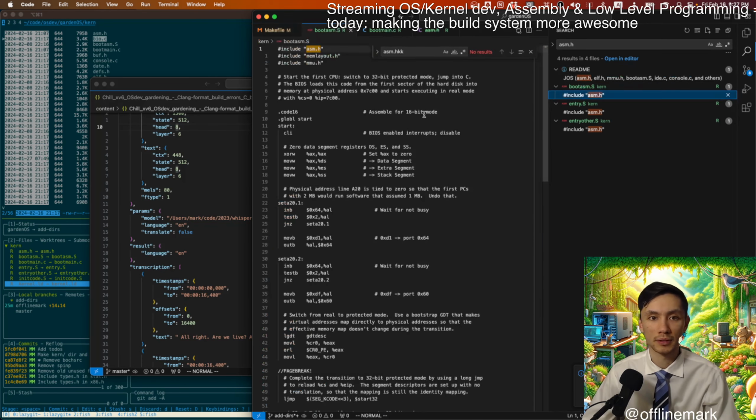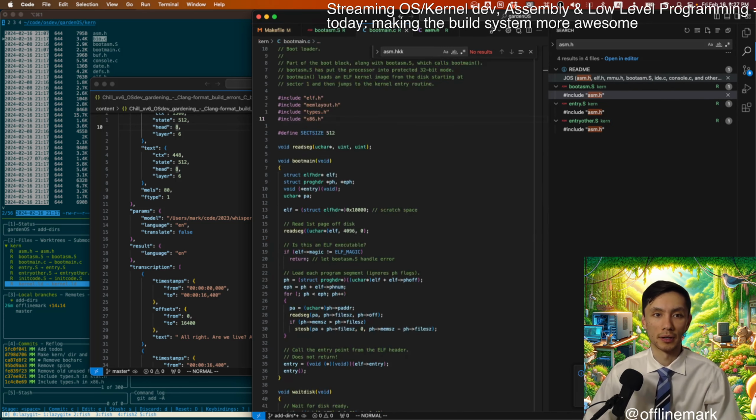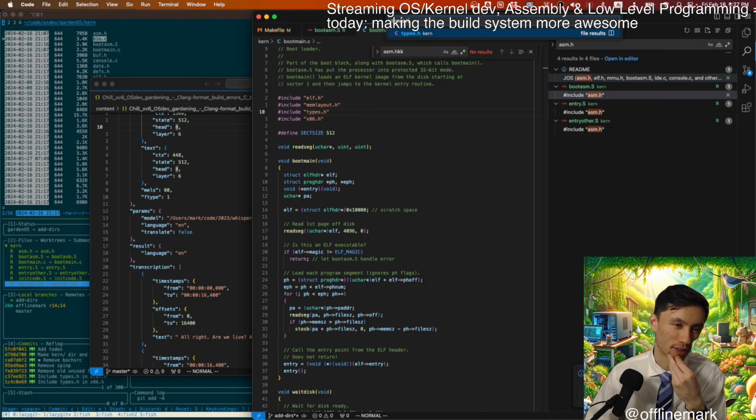So if a file only needs these kernel headers, it only needs ikern. But boot main is kind of annoying in that it needs types.h, which we also moved into the kernel.